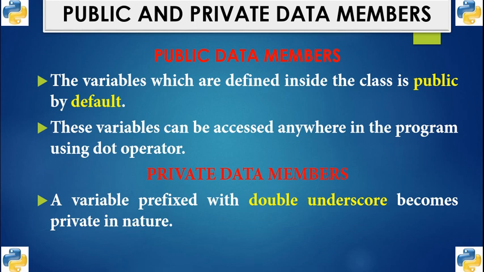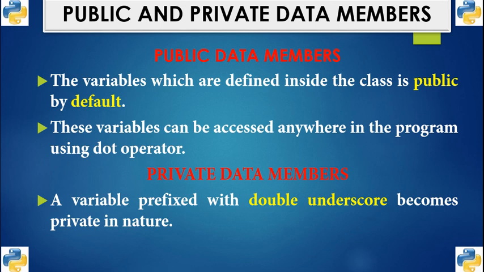So it can be accessed inside the class only. Outside the class, you cannot access the private data. Even an object cannot access the private data. So how can we create private data? With the help of the double underscore. If a variable is prefixed with a double underscore, that is called a private data member,